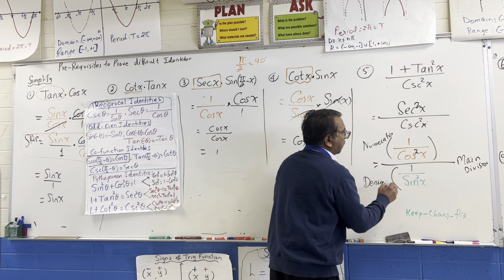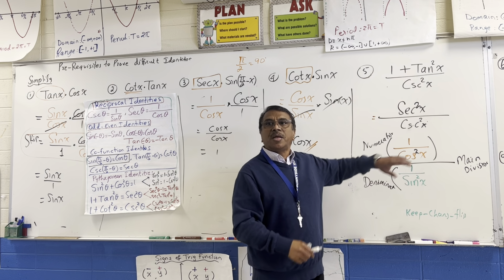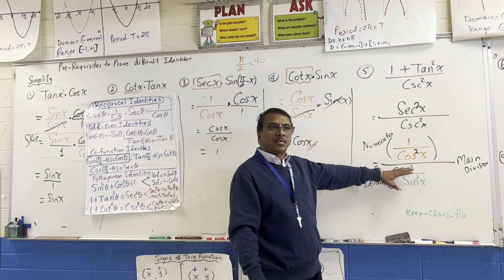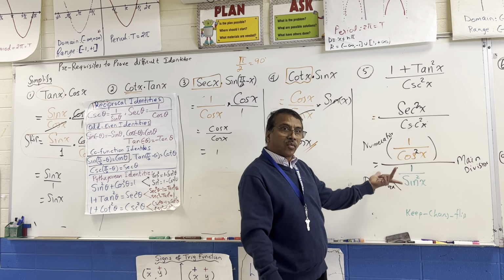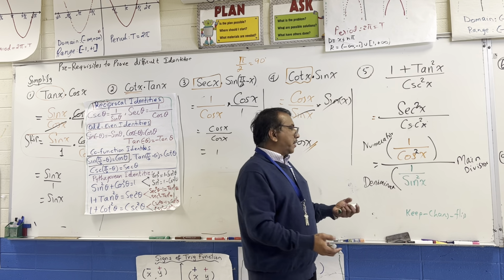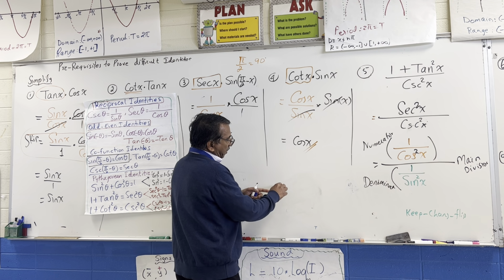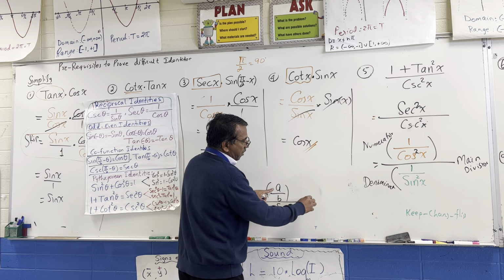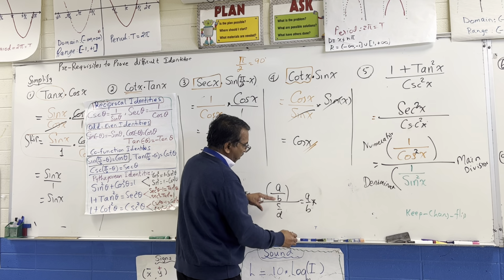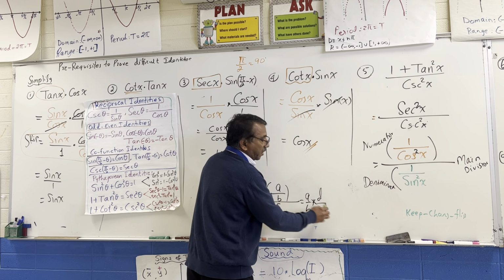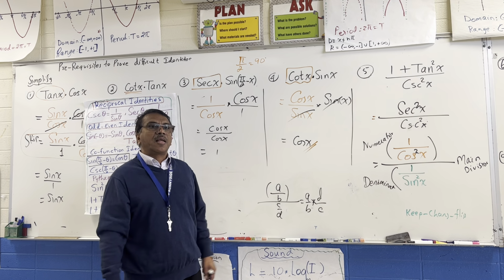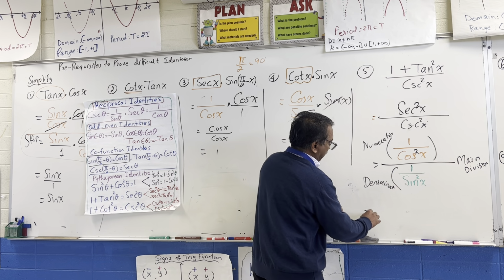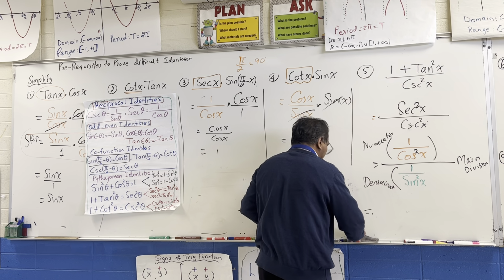denominator. So when you say keep, change, flip, it means you keep the numerator as it is, change the division line to multiplication, and then take the reciprocal of the denominator. The actual way is, if it is A over B divided by C over D, you keep the numerator A over B, times, change to multiplication, and C over D becomes D over C. Look at this formula which you know from 7th, 6th grade, but we forget, so I'm writing it. So this becomes, keep the orange color the same, 1 over